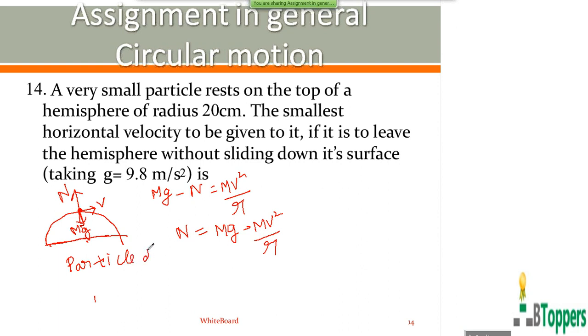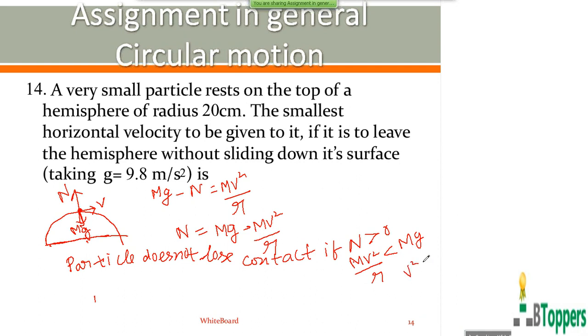The particle does not lose contact with the surface of the hemisphere if N is greater than 0. That is, mg minus mv square by r greater than 0, that is mv square by r less than mg, or v square is less than gr, or v is less than root gr. That means the particle loses contact if v is